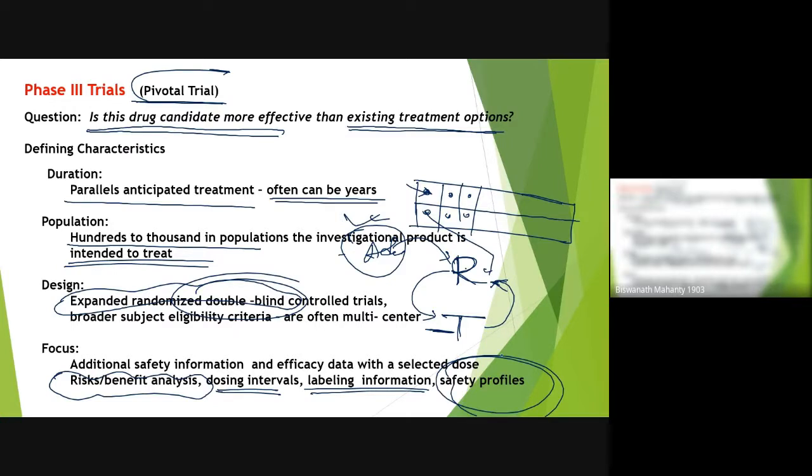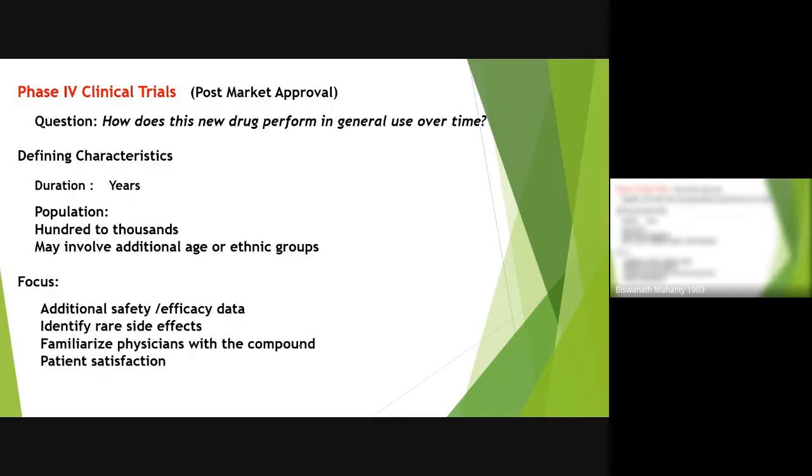So until this point, most of the study required for your drug discovery and coming into market, safety, all those things are all over. Okay, these you have already done. So basically, if you are passing all those things with flying colors, that means very likely it can be considered for advancement and it is approved. And if it is approved, there are also further studies you are promising to make, which are post-market approvals. How does the new drug perform in general use over time? Over time is very, very important.